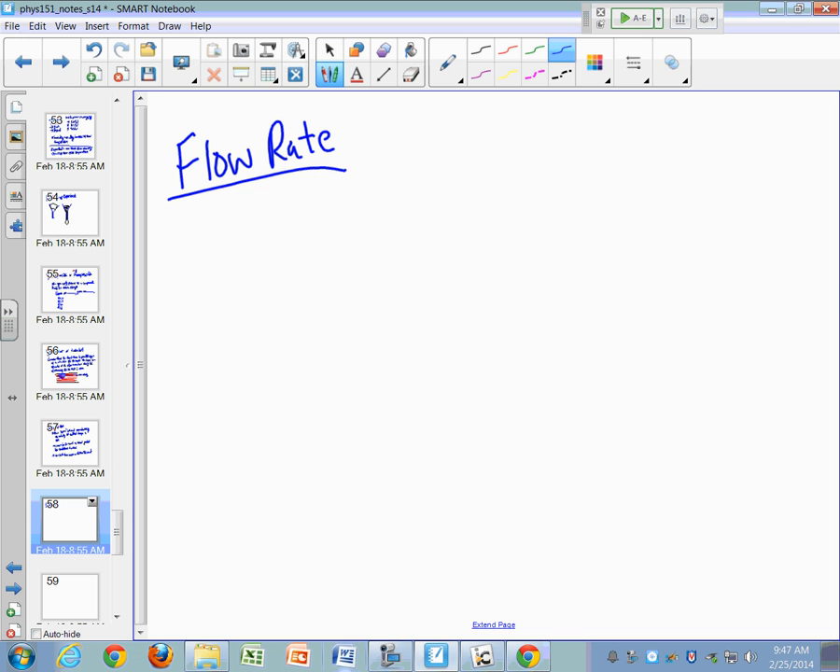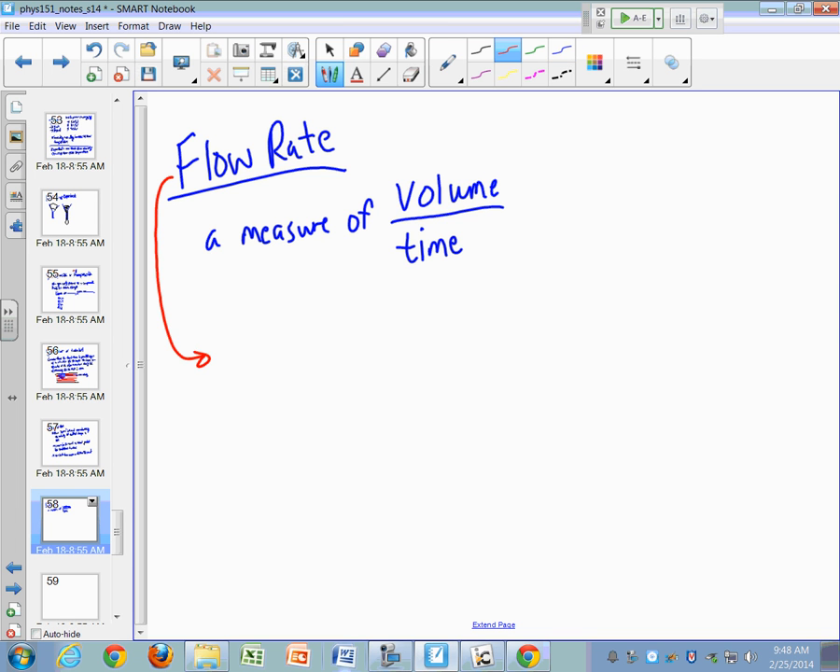Flow rate is just a measure of volume per unit time. So I have a certain volume of a fluid, whether it be water or air, gas, or liquid, that's flowing past a given point in a given time. What is my flow rate in volume per time? So I'm going to call this flow rate Q. We use the variable Q for flow rate. And it's equal to volume per time, we said. But